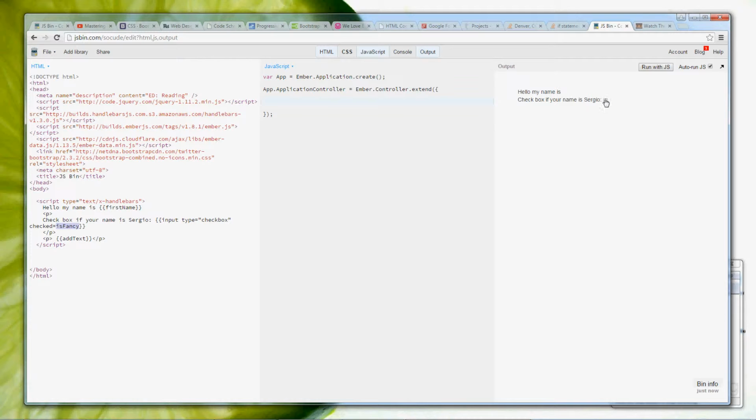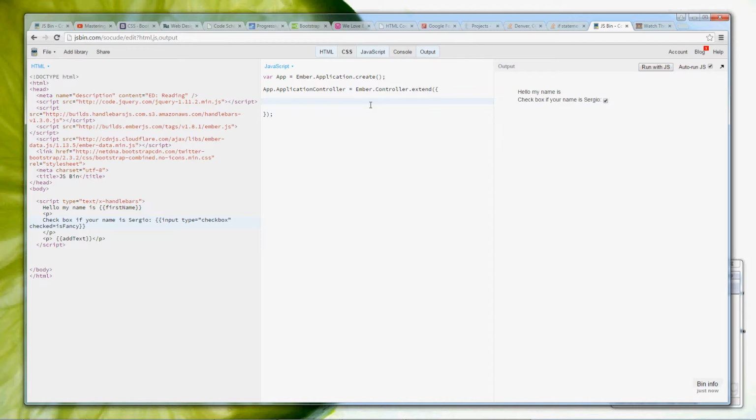So in other words, if we press this, the name will switch to Sergio, and underneath it will say something like your name has changed to Sergio, and so forth. Okay, so let's get back into the actual application of Ember,